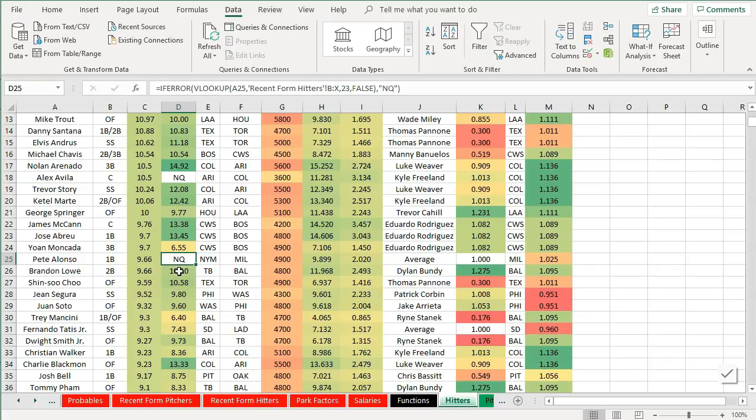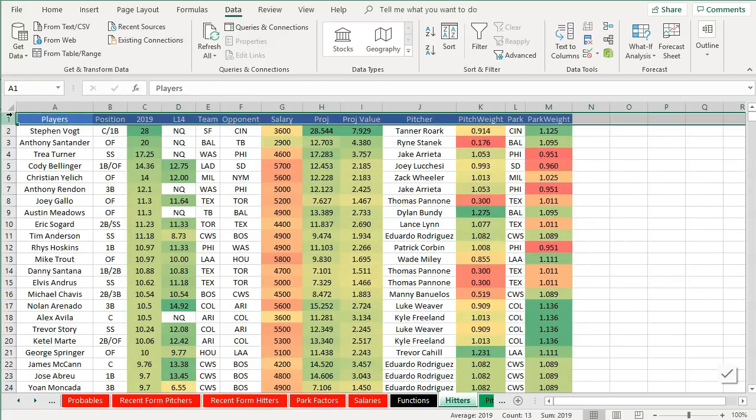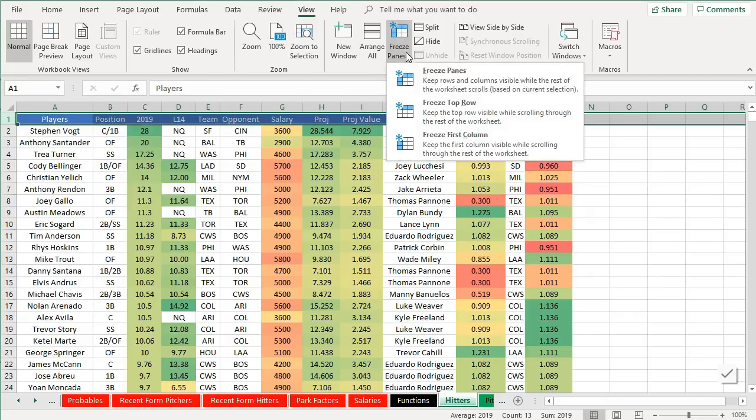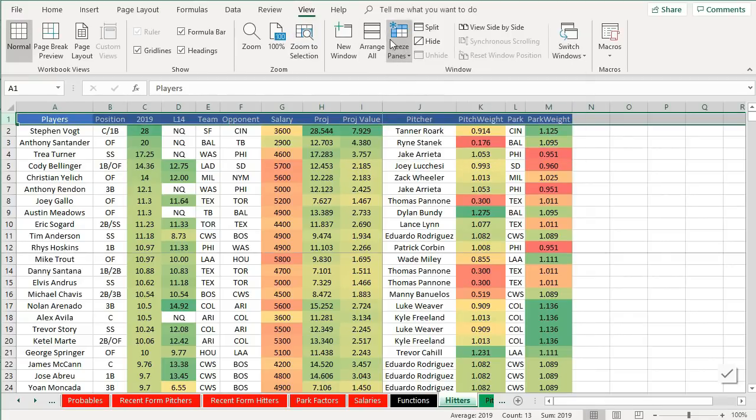Now in the past, my season long was also on Fangraphs. So if this name didn't match up, you had 0 projections. But the way that we built it this year, with last 14 coming from Fangraphs and 2019 coming from the DraftKings salary tab, as long as one of those was accurate,